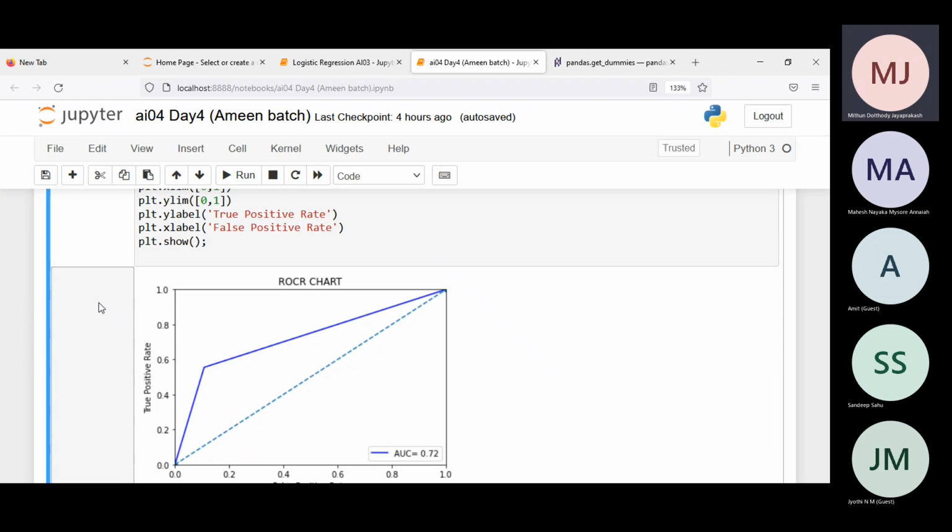So this completes our entire cycle of learning when it comes to building a classification model. We started off with a logistic regression model. Last class we focused on the linear regression model. Next one is basically the logistic regression model. 80% of the problems that you see will be mostly classification related problems. There are multiple classification models. One is called decision tree, which I have not covered because it will be covered in machine learning. There's also Naive Bayes. Then we have random forest, boosting, bagging, all of which will be covered